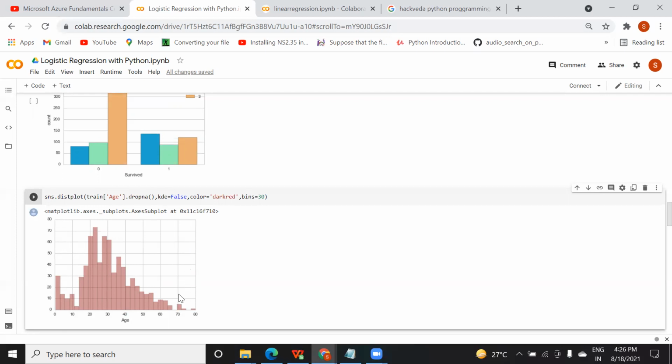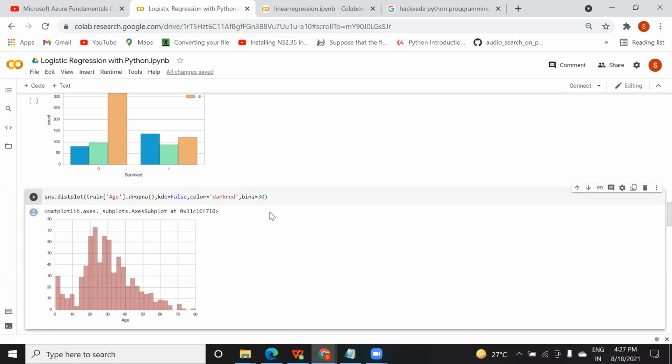Wherever null values occur, you can see here, for the age of 0 to 10 almost 30 values are missing, for some ages these values are missing, for this particular age there is no missing data, and for 70 almost this is missing data. So this way you can find it out.